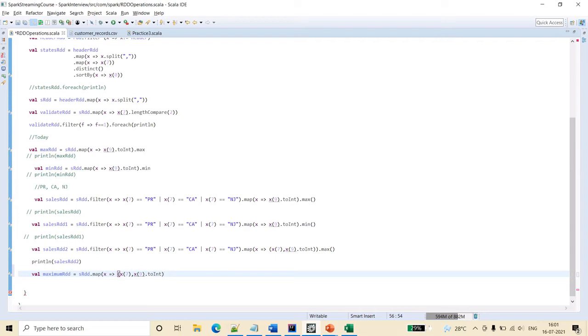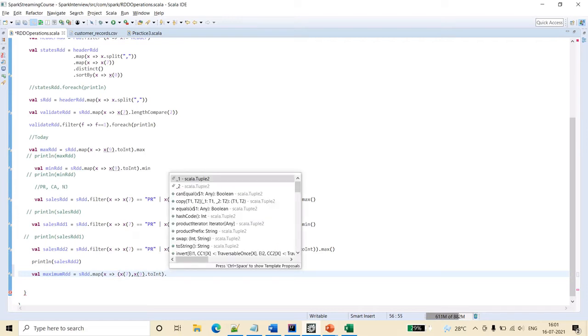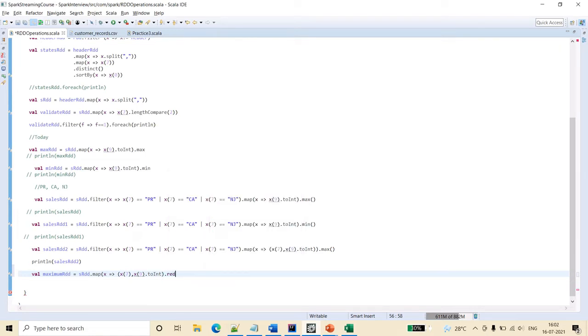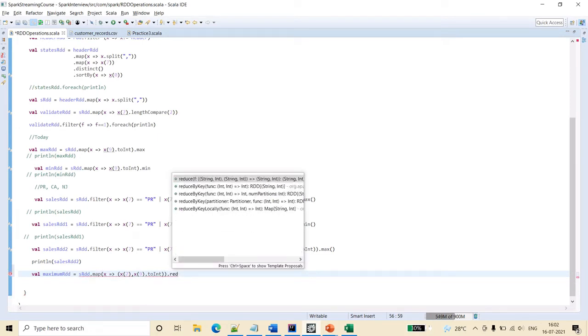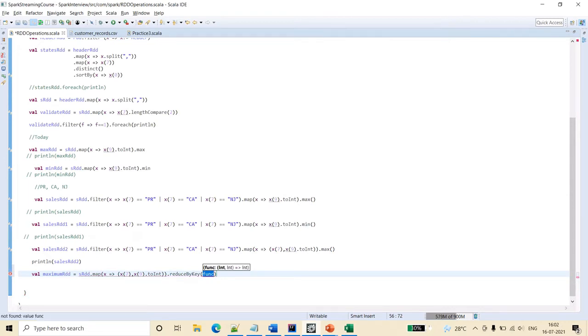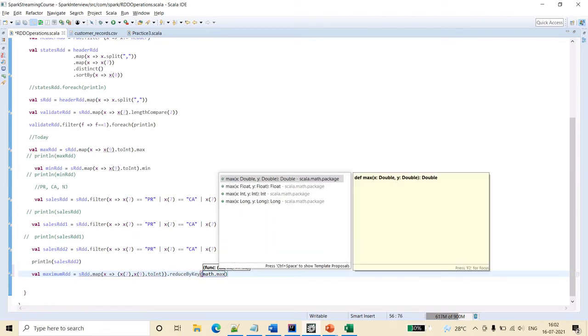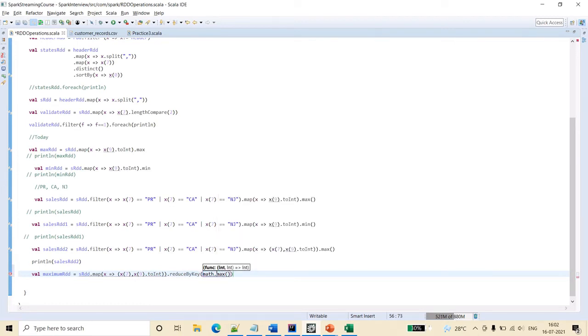And here we have to segregate based on the states, right? It means we have to do reduce by key as well, in the sense we have to aggregate that. When we wanted to do that, we can use the reduce by key operation, and then we will say get the maximum. So directly max we cannot use, so I am using that max. You can also see the error if you don't use max here. If I don't use it, it will show the error saying that cannot find the value max.